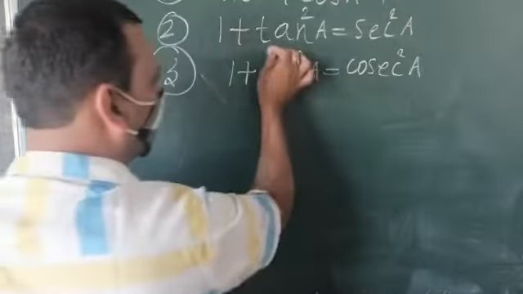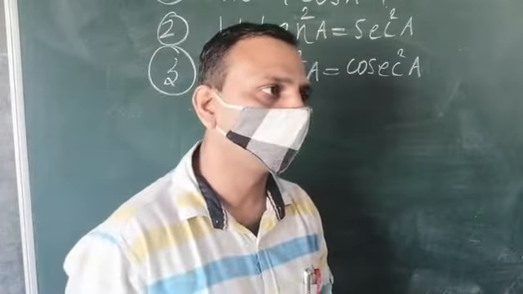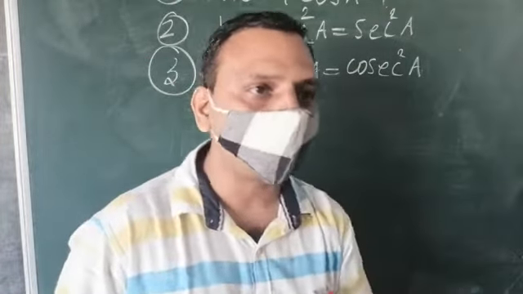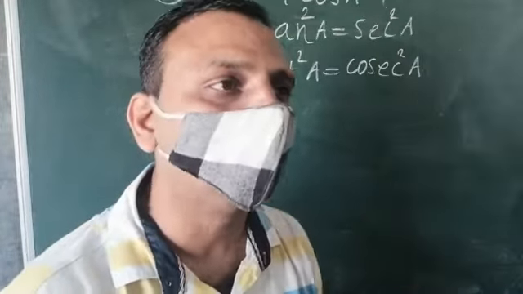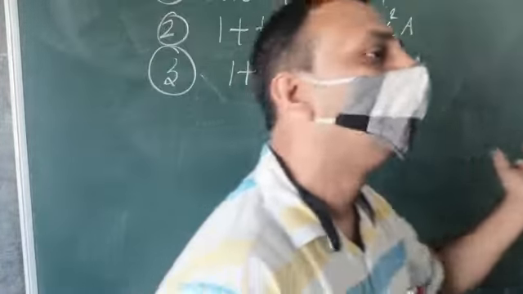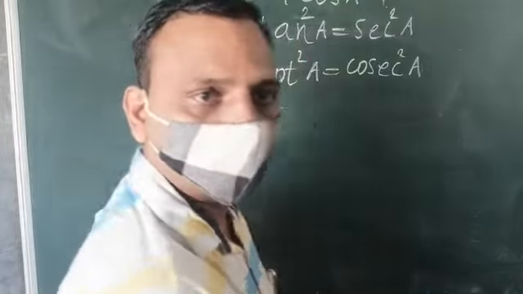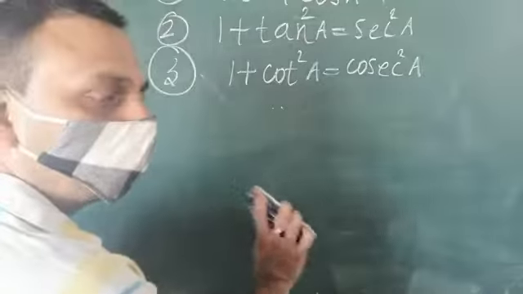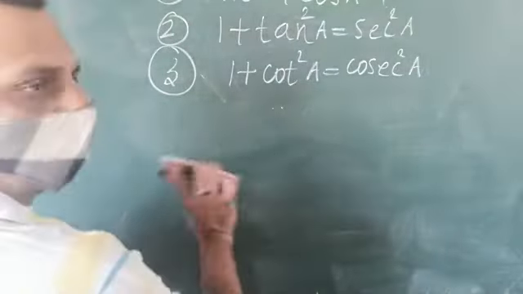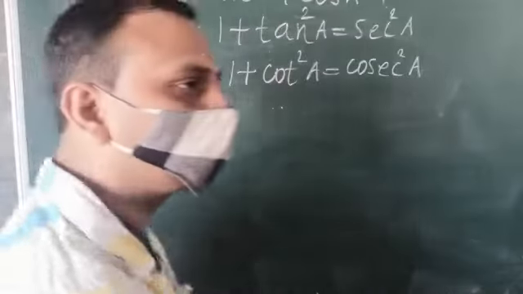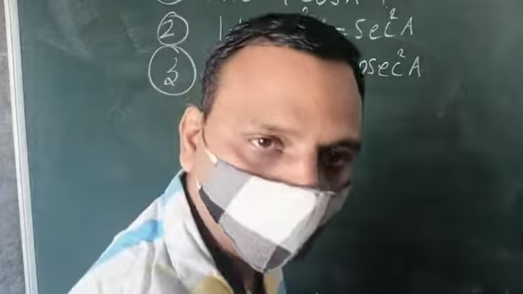Now you see all 3 identities. In any identity, is there anything without a square? No. So when you solve the question, you check whether this question we can solve with the identity or without identity. If the square is not there, how can we apply the identity? See, all identities are in the square? Yes or no? Yes. This you have to remember thoroughly. Any doubt? Like yesterday in class 8 you had to study (a plus b) square, in the same way you have to study these identities also.